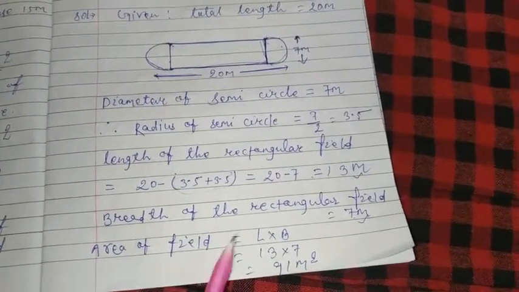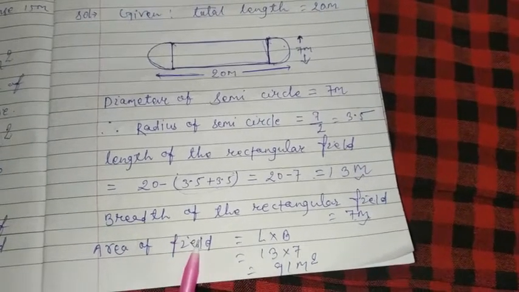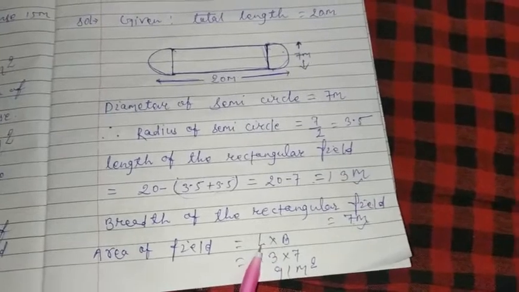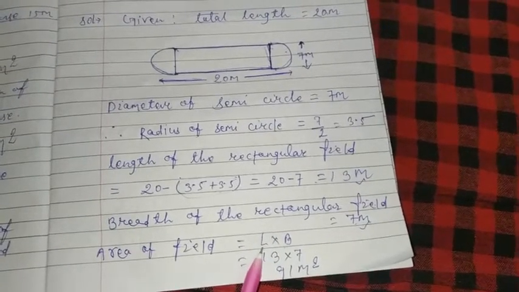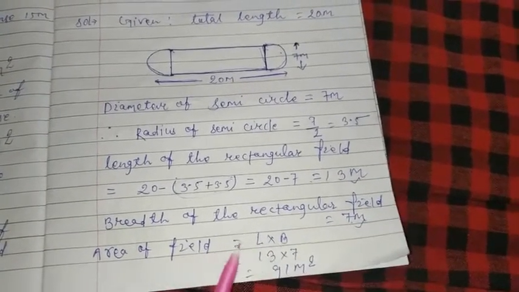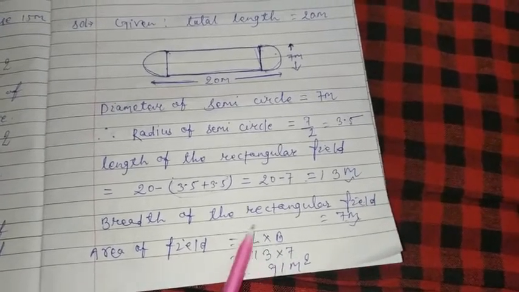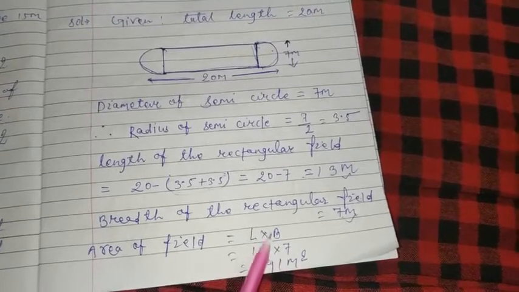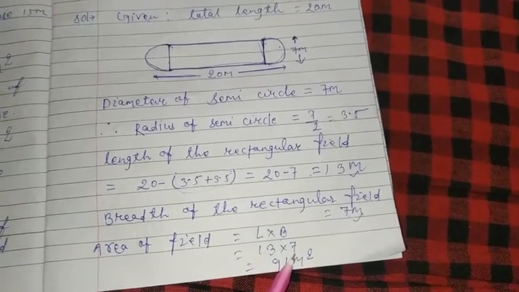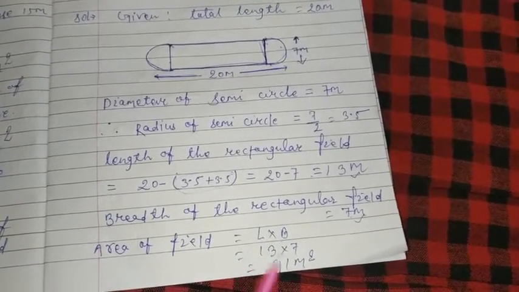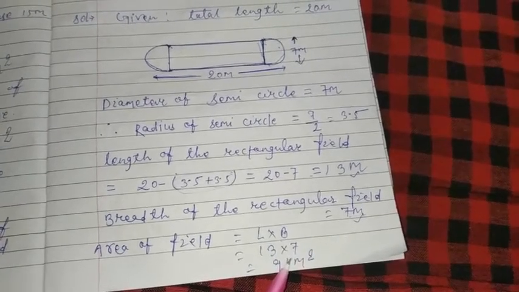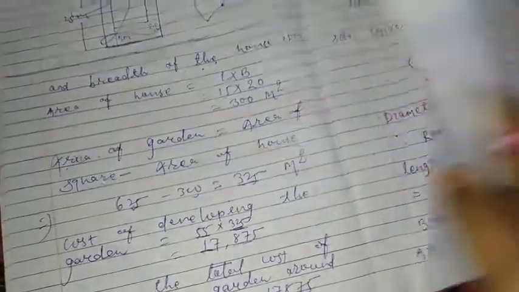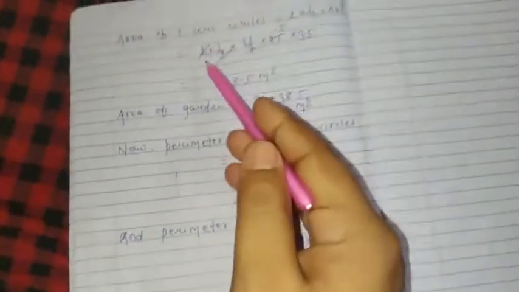So the area of the rectangular field will be L into B. As you remember, the formula of a rectangle's area is L into B. So in place of L we can write 13, and in place of B we can write 7. So when these two numbers are multiplied, this gives 91 square meter. So the area of the rectangle is 91 square meter,